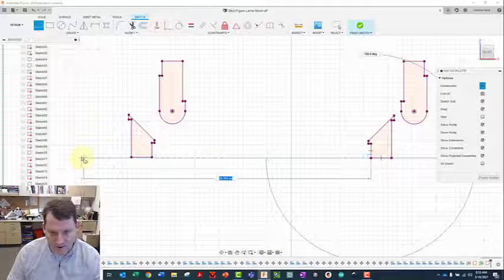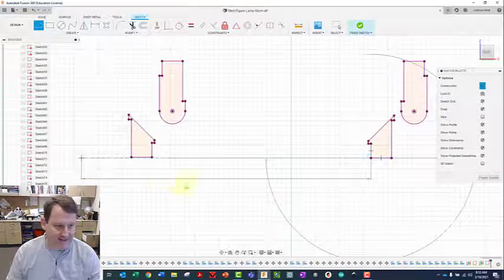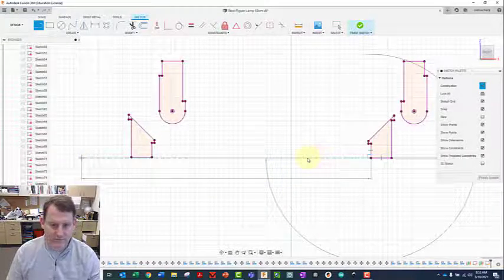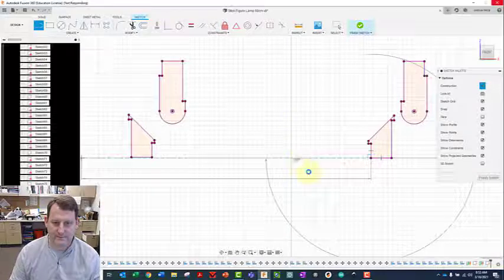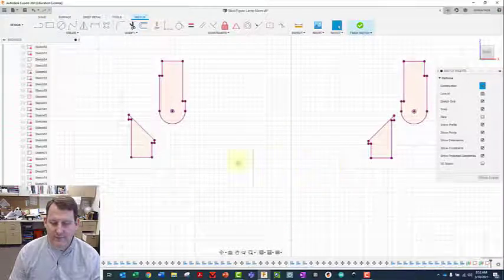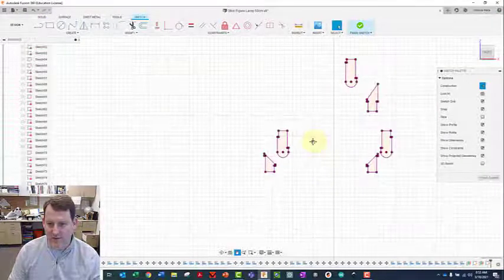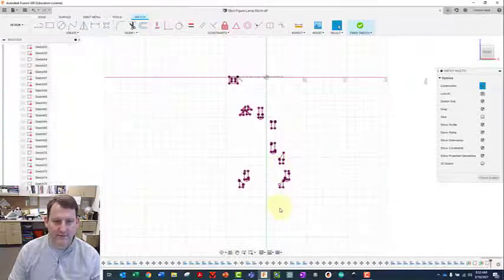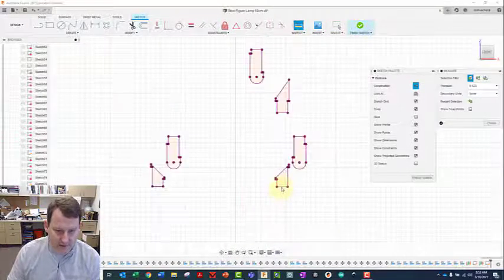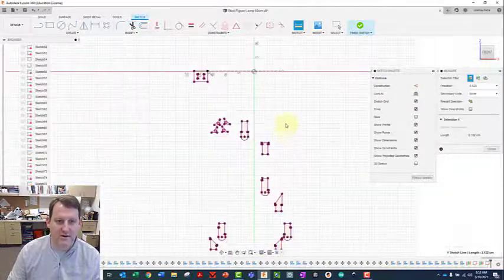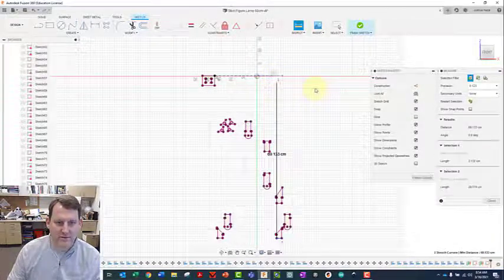So the one on the right, so I'm gonna escape out of that. I don't need that second line now. Uh-oh. There we go. I don't need that second line. Now that I know this one's the lower one, I can just do a measurement from there up to this line. So I'm going to do a measure here to here,